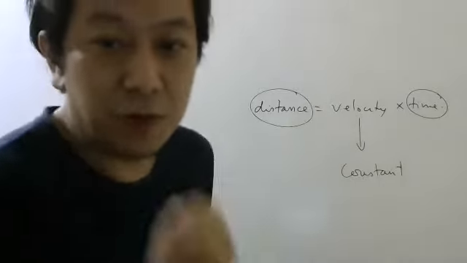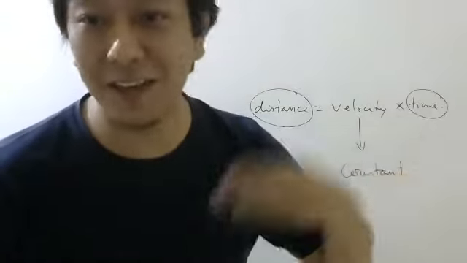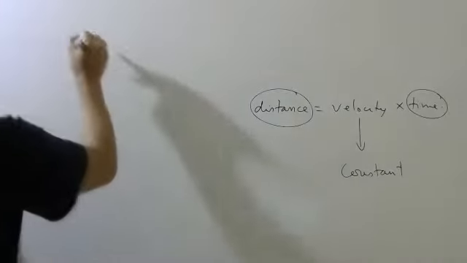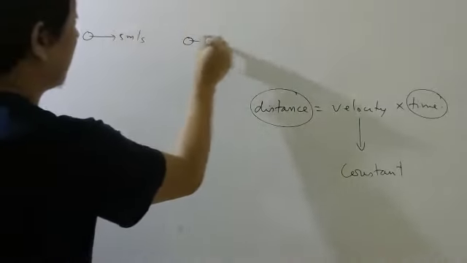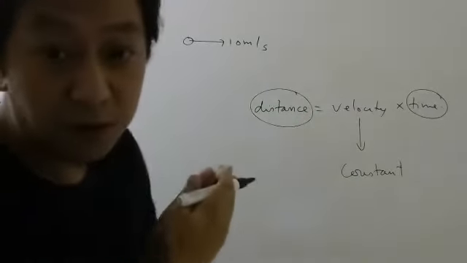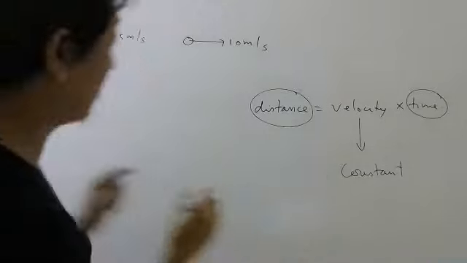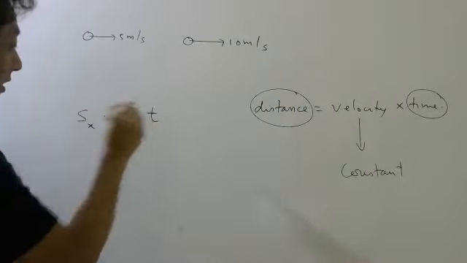Suppose my velocity is constant. Every time I run with 2 meters per second, then to cover more distance, I will take more time. But in this case, when you throw with 5 meters per second and 10 meters per second, if you write the formula for displacement along the x-axis, what was the formula? Sx equals ux t, yes or no?